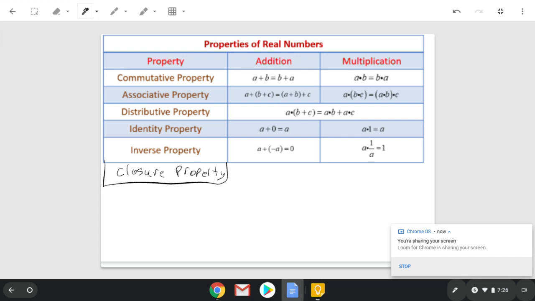So, to give examples, I could say the rational numbers. All right, this is all the rational numbers. Oh, wait, no, that's the real numbers. Sorry. Yeah, this works for the real numbers too. The real numbers are closed under addition. All right? And the reason that this is true is because if you take any real number that you